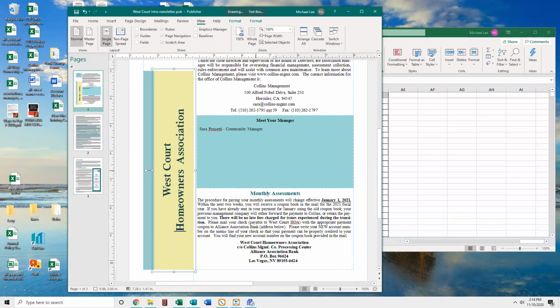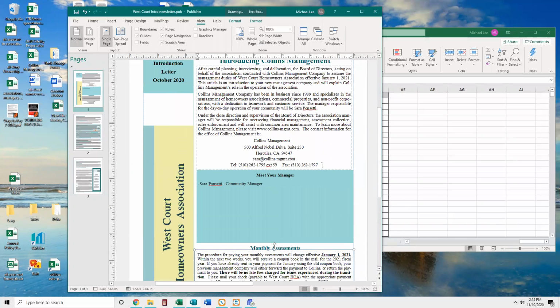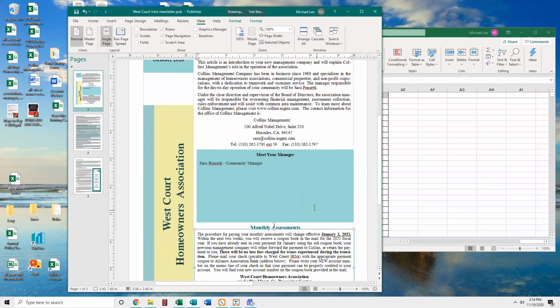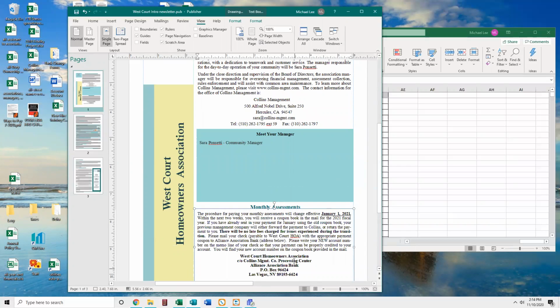But basically, it's kind of all written. So the one thing that you will have to figure out is, typically before a fiscal year end, we supply coupons or we supply a statement so they can pay their dues. At this point, it looks to me like once we get this information, I will do a rush order